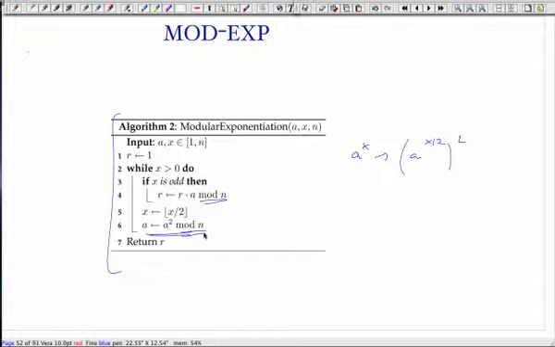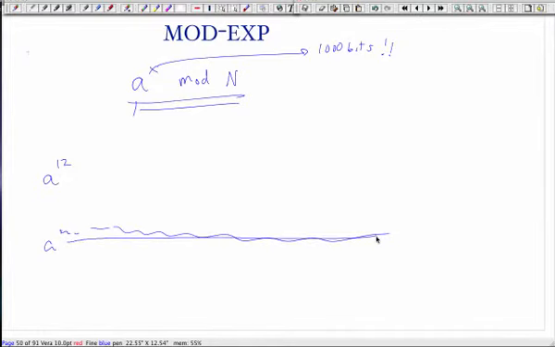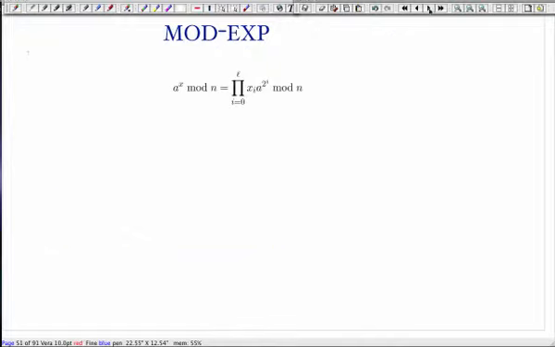Mod 13 means take your result, divide by 13, and keep the remainder. What's nice about mod n is that your answers will never go beyond n. So you can allocate the amount of space that you need, however big n is, ahead of time, and just do your computations. You'll never need more space than that, even though this number, if it's a very large exponent, could be enormous. In fact, it could be so large as to take more particles than there are in the universe to write. But you can still compute the number mod n as long as n is small. So that's a first idea.